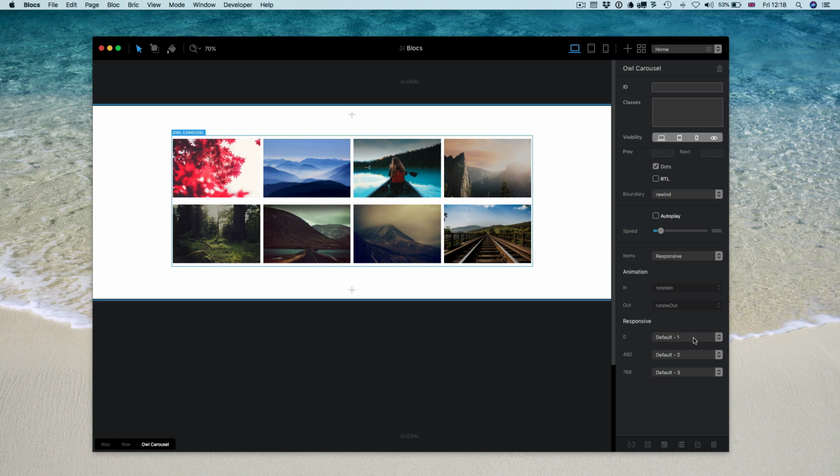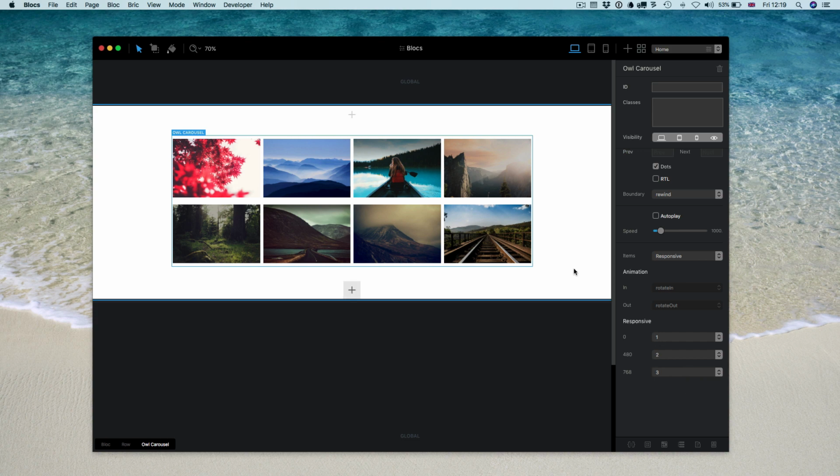We just have to set the number of thumbs to be displayed at these points. Let's say 1 thumb at 0 and up, 2 or 3 or 4 at 480, and let's say 3 at